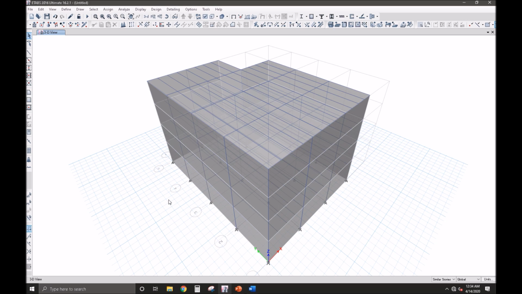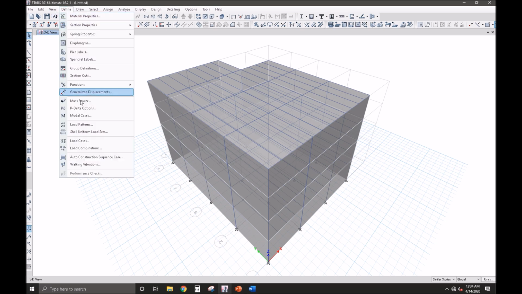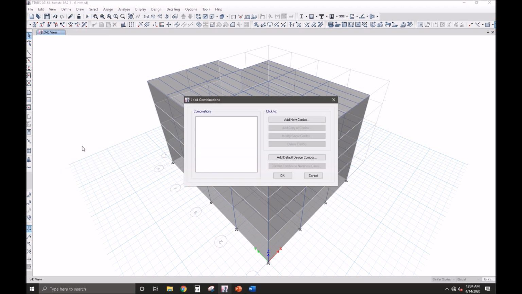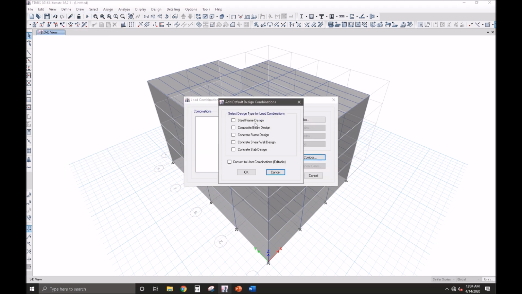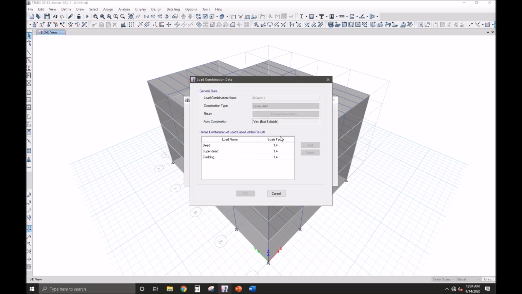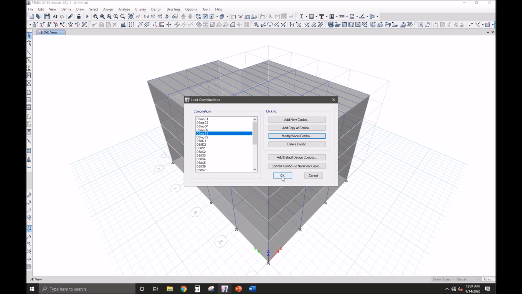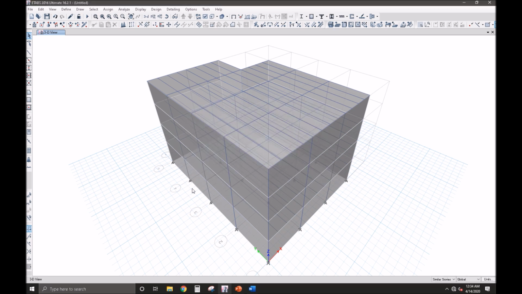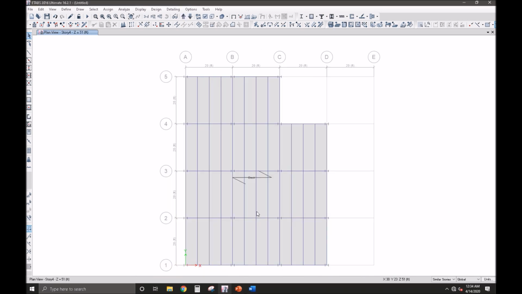Now we will be adding the load combinations for the design of steel structure. Design, load combinations. Add default design combinations for steel design and composite beam design. As our secondary beams will be treated as composite beams, while the primary beams will be treated as the beams for resisting the moments, we'll go to the plan view